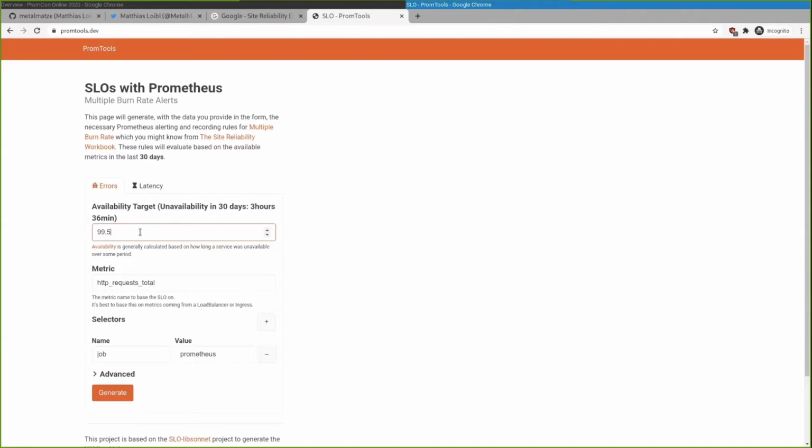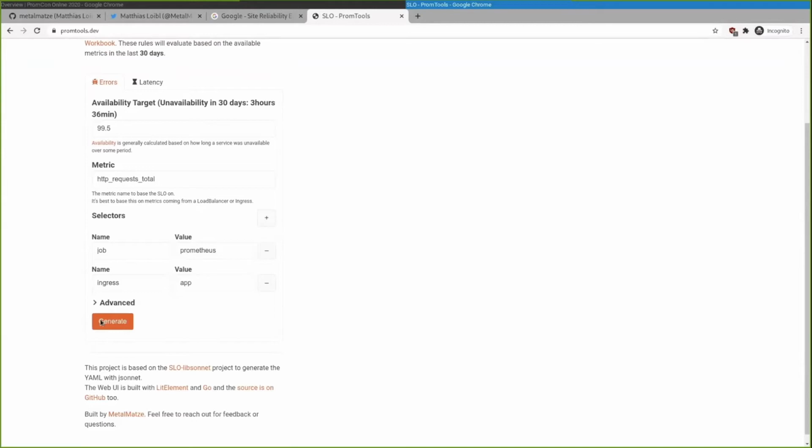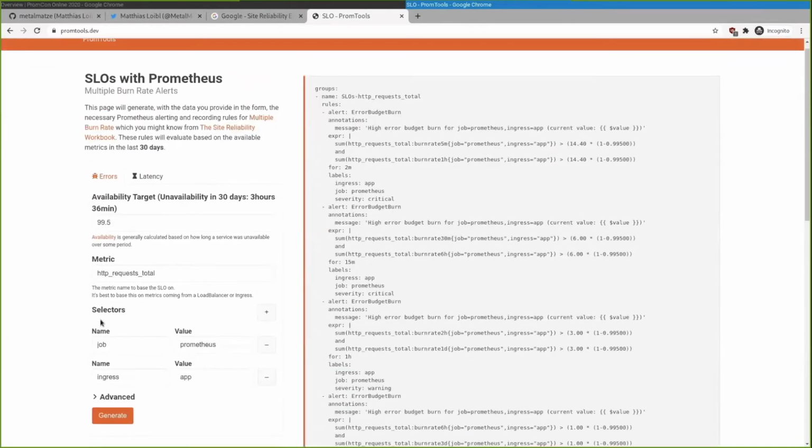And you want to alert on the metric HTTP request total. I often put in the Nginx controller requests total so that I alert as early in the stack as possible on the load balancer, so close to the user as possible, right? You can put in some selectors like ingress is app. And for the people who want some more advanced things, they can change the alert name, the alert message, and if you have status equals 500 instead of code equals 500, you can override this here. But let's keep it simple, and we can generate this, and we can see, okay, we get all of these nice alerts right at the very top,